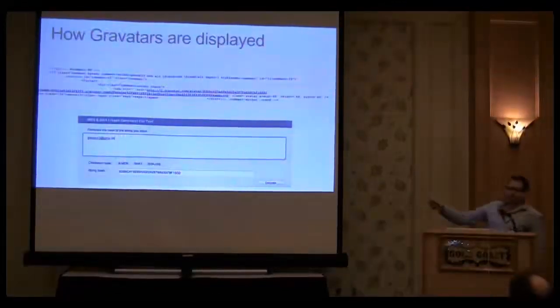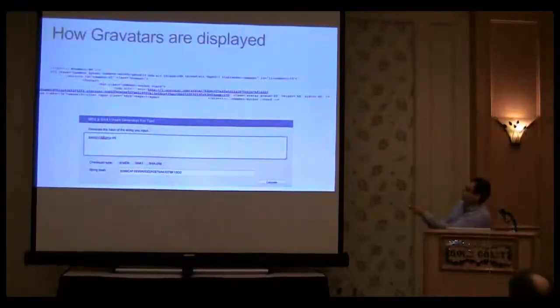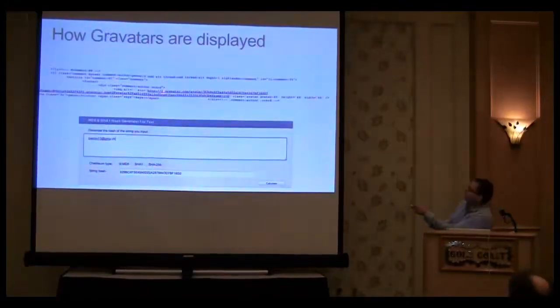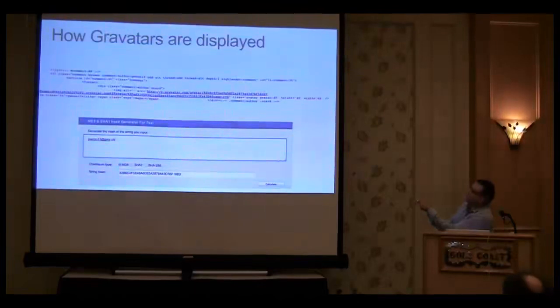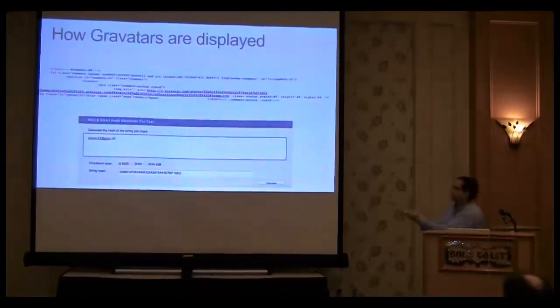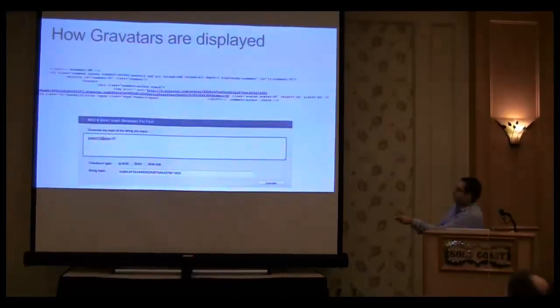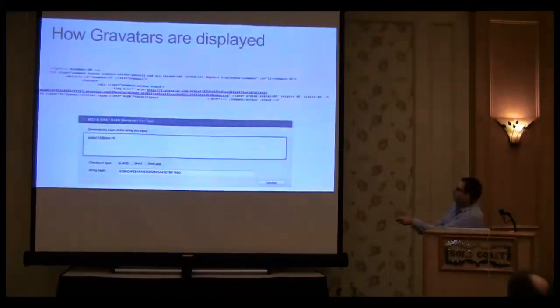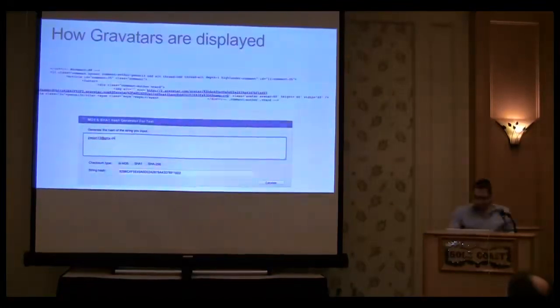So when you post a comment on a website that uses Gravatar, the source of your profile image is www.gravatar.com/avatar/ followed by the MD5 hash of your email address. If I do an MD5 hash of the address I registered on Gravatar, the hash starts with 82b64, and you see here also 82b64. Okay?